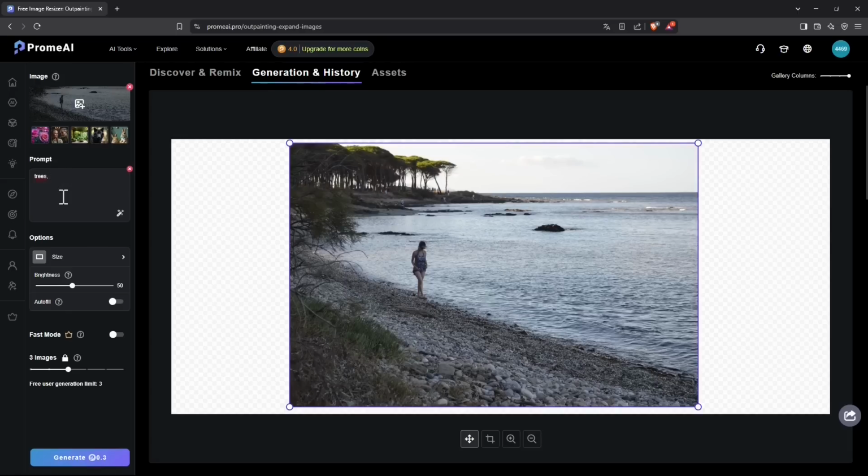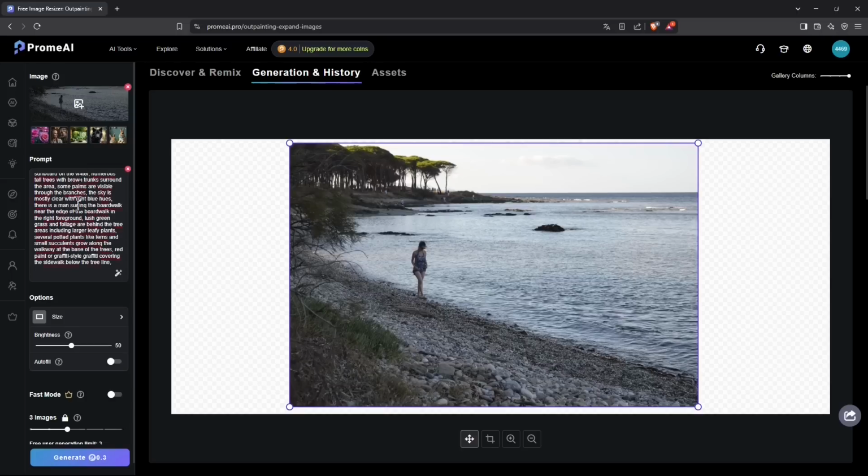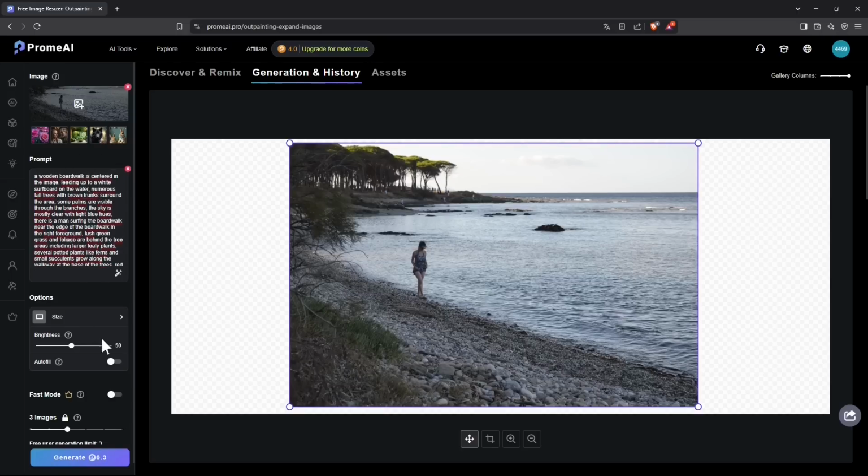Otherwise, let's just test this with the free version, and I'm gonna type here some words. So I want to do something here, maybe add a surfing man, so a man standing on a surfboard or something. You can also click on enhance, and that's going to help you to generate a better text, or let's say a more detailed text. Maybe you don't need all of that, but you can try. So I'm just going to try and click on generate, and this is using 0.3 coins, so not much,